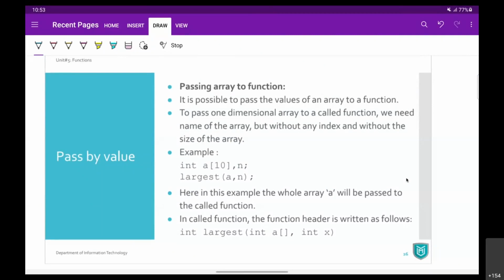At that time I told you there is no limitation on parameters. But if you go for more than 5 or more than 10 parameters, then it is not feasible. वो आसान नहीं है. The alternate way is, अगर वो सारी values same data type की हैं, then we can generate an array और हम array pass कर सकते हैं.